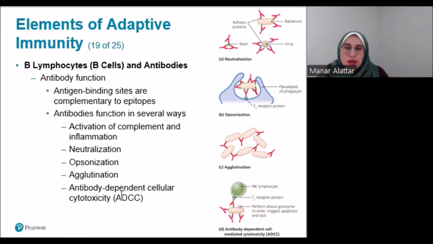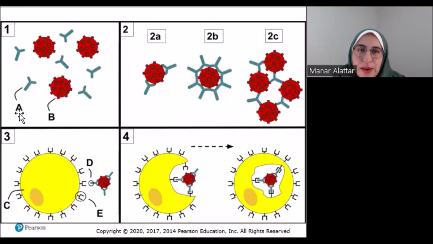So natural killer cells, for example, come into the site and digest that pathogen or that threat through phagocytosis. You can also see that here, where we have our antibodies associating with the antigens, either to flag them, neutralize them, or agglutinate them, and then the macrophages are recruited to that area to actually destroy those